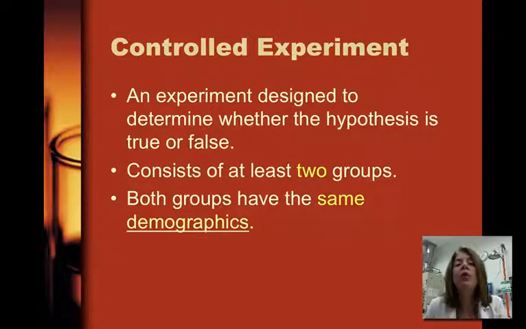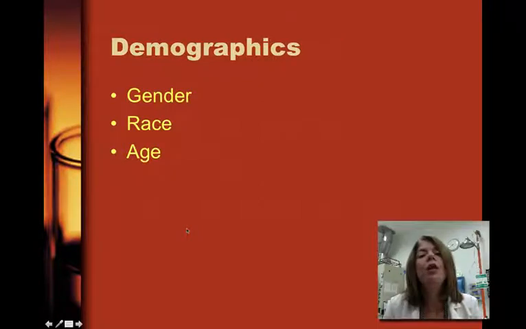Now, when we're doing experimentations, especially in science, we have to use what's referred to as controlled experiments. That's an experiment designed to determine whether a hypothesis is true or false. And in order to do that, we need to have two groups. And these two groups need to be the same. We have the same demographics. When I refer to demographics, what I'm referring to is basically the gender, the race, and